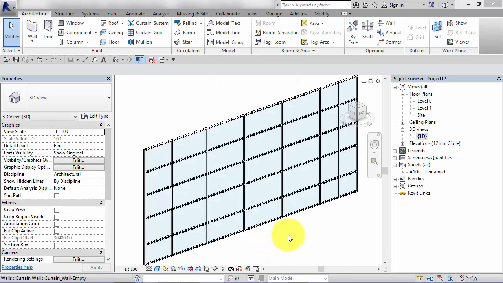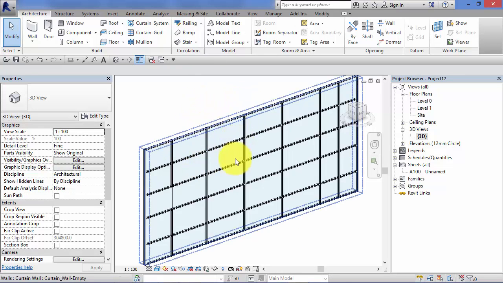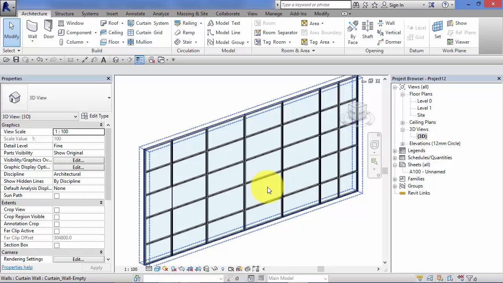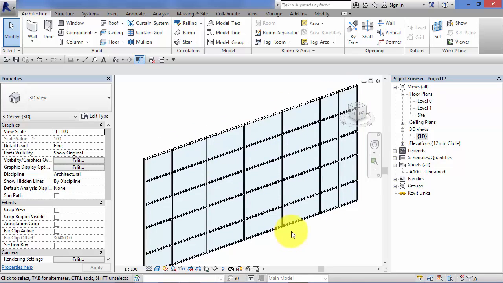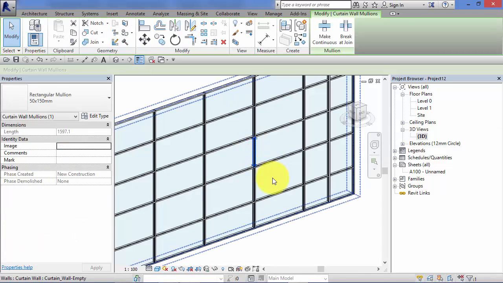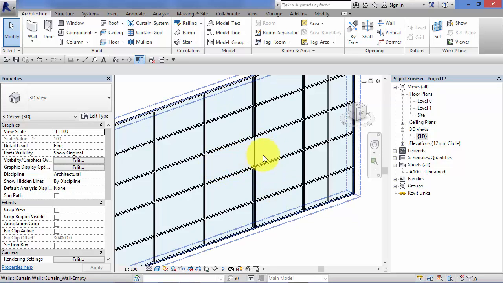At the moment, our curtain wall is conventionally subdivided horizontally and vertically. But what if we want to do something a bit more creative with this curtain panel, i.e. we want to start combining some of these panels together to form a mosaic? We can do that. First of all, let's get rid of some of these segments of mullion. So if I select a mullion segment, press delete,